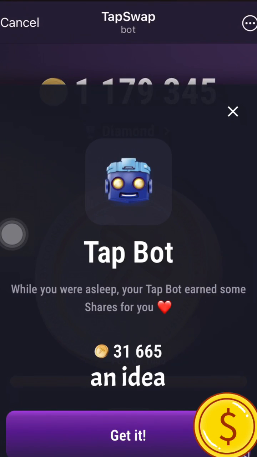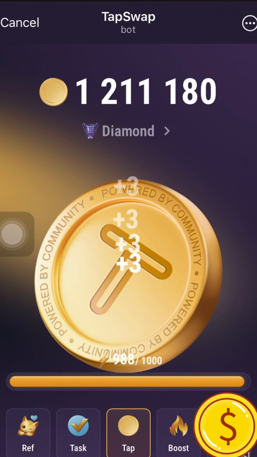So I have an idea. For those of you that are into TapSwap, coin, all this tapping, and if you are an iPhone user, I have a very good idea for you. So right here, instead of once in a while like this,